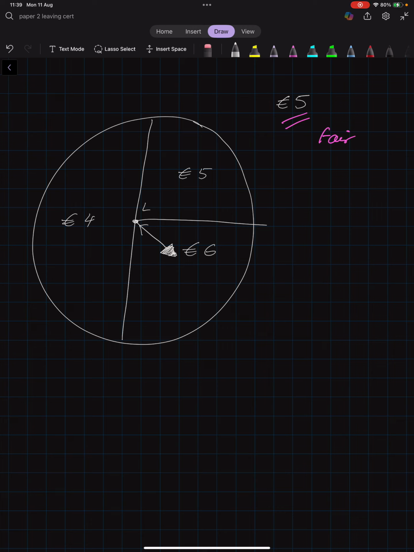Because that's fair. If you can do it a load of times and you have an advantage, chances are you're going to win money, then that would be an unfair game because it's biased towards you. The same thing if you were playing this game loads of times and it was biased against you, that would also be unfair. So the expected value of this wheel is just,